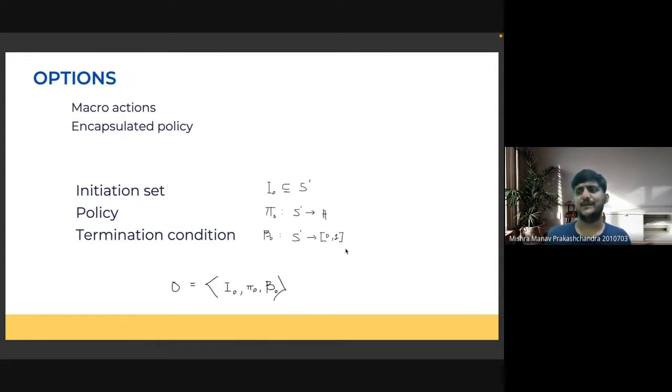So when you're trying to pick up passenger P1, what could be the initiation set, right? So the initiation set can be thought of as the taxi should be present at the location where the passenger P1 is present. So if that condition is met, then I tick that, okay, that is one initiation condition. The second condition would be that the taxi should be empty.